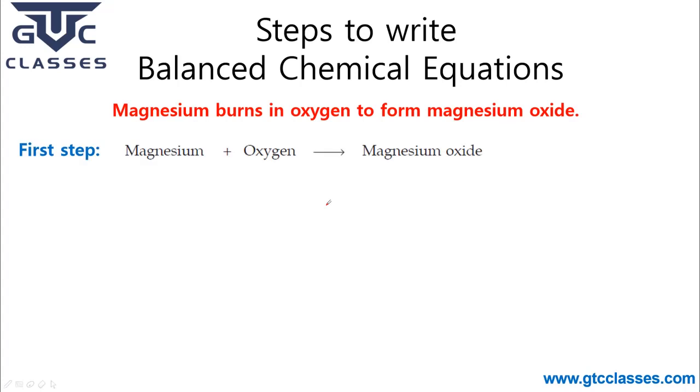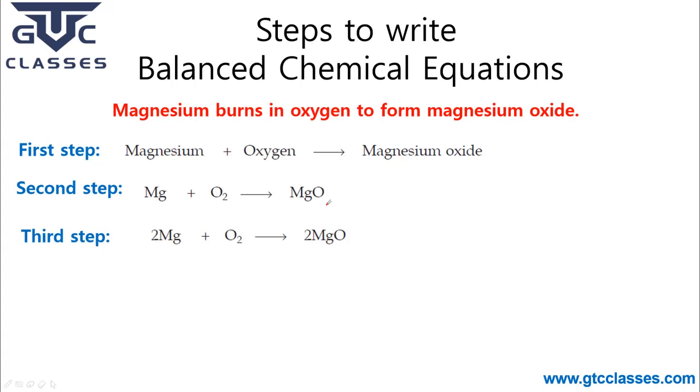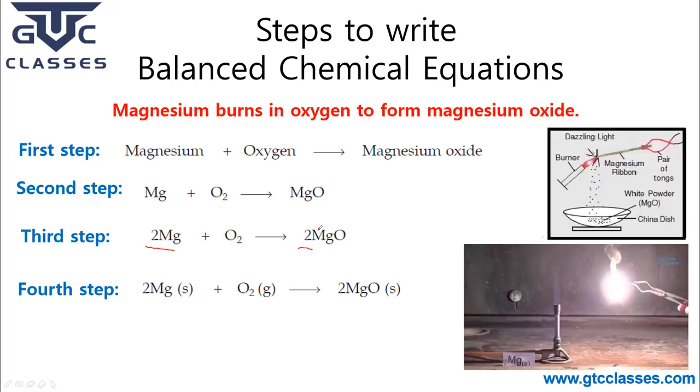So in this case also we will write magnesium plus oxygen, it's magnesium oxide. So we wrote a word equation, write the formula, okay, and we can simply balance it. This is very easy, even by hit and trial we can balance, just we have to put the 2 here, it is balanced, and 2 here, and fourth step just add the state. Clear? And this we have seen already that if we take a magnesium ribbon, okay, and it burns with a